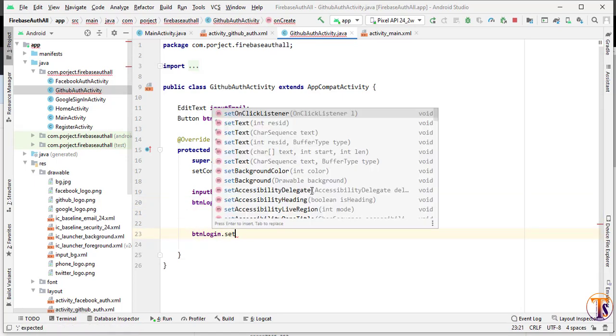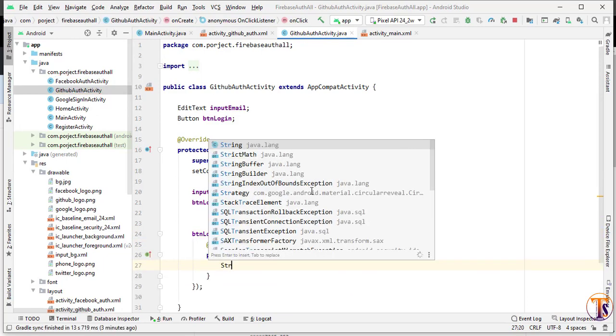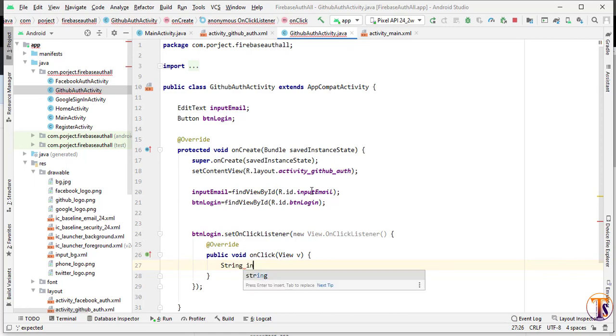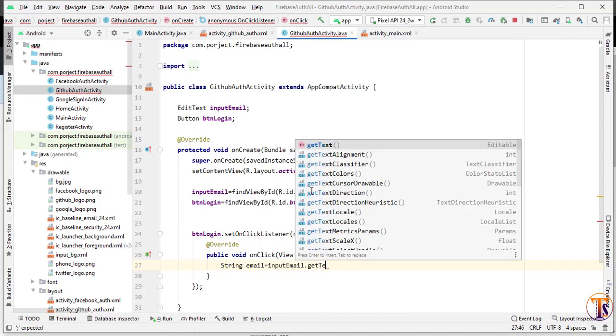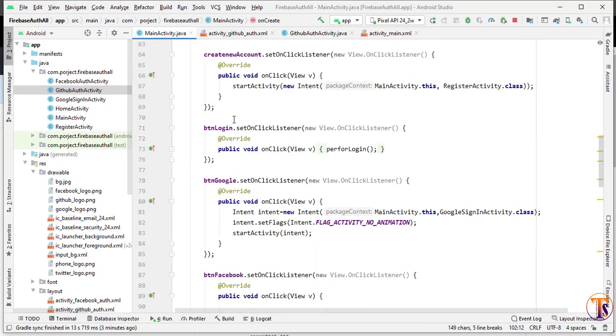Okay, now set click listener on the btn. So here I will set click listener on the btn, and here we have to get the email from the input field. So input email dot get text dot toString, and here we have to check if email is empty or not. So I will copy the pattern of the email.